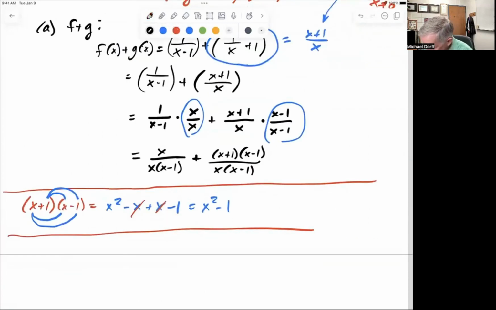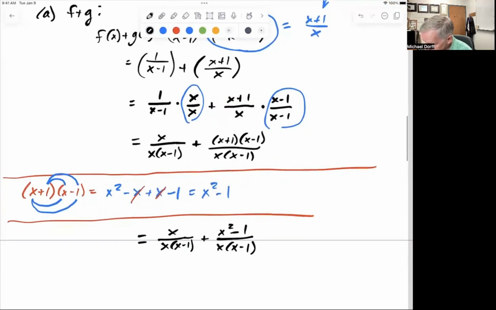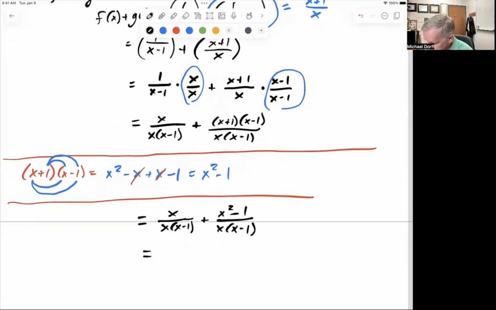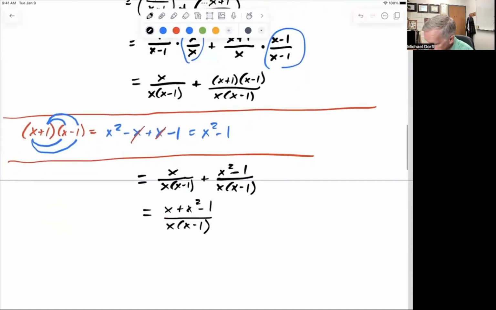So in the problem we were working on, we're going to have x over x times x minus 1 plus x squared minus 1 all over x times x minus 1. Now that I have a common denominator, I can just add the numerators together. And so I have x plus x squared minus 1 over x times x minus 1. And it's common to write the term with the highest exponent first. So if you were to check the back of your book, which is perfectly fine to do, as long as you do the problem first, don't check the answer before you do the problem and then check your answer. But they would probably write it like this: x squared plus x minus 1 over x times parentheses